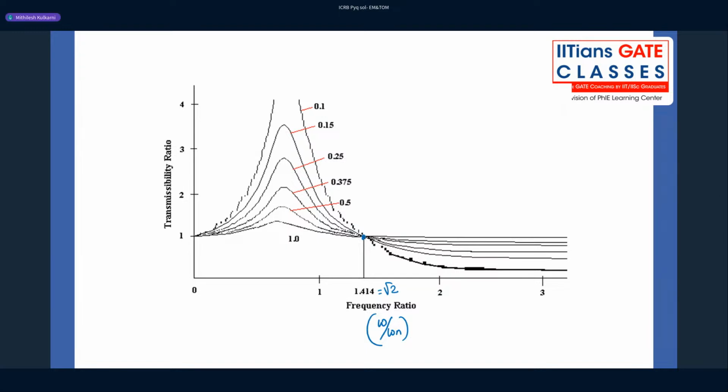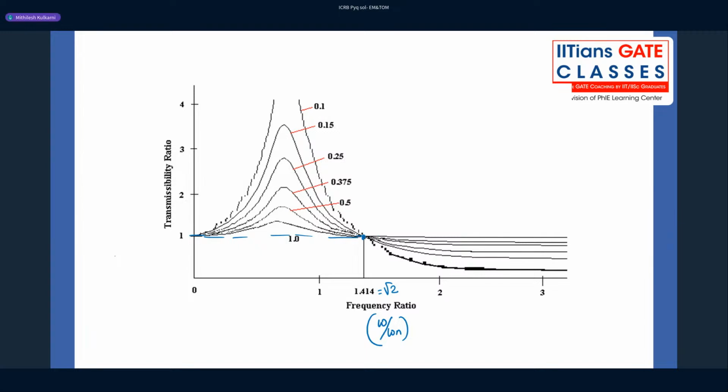the damping factor zeta, the transmission ratio is 1, and after that it reduces as we cross the frequency ratio of √2. However, if omega by omega n is less than √2, we can clearly see the transmissibility ratio is always, so this is the region basically, it is always greater than 1, right? Because this is the case